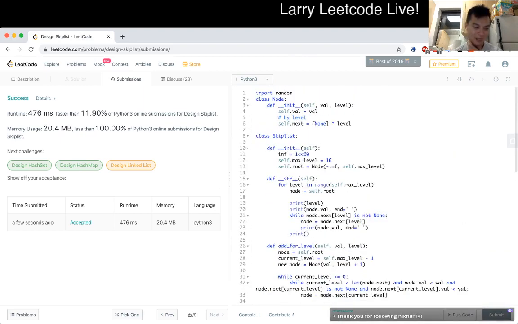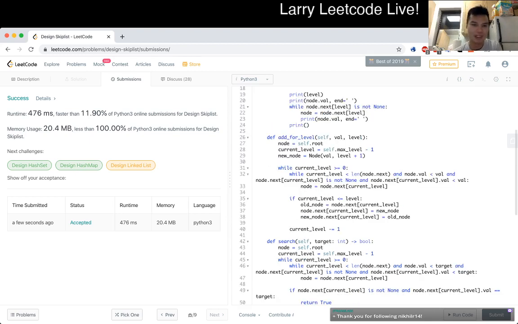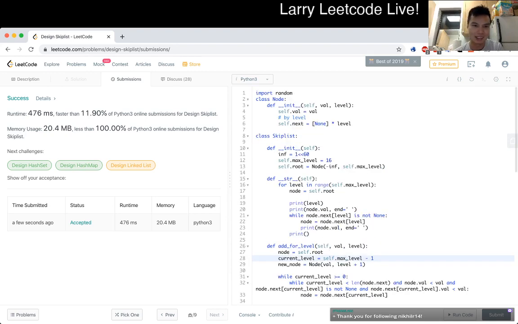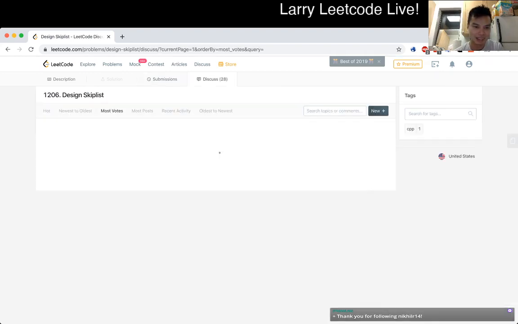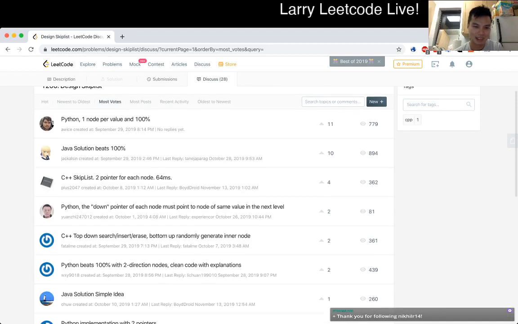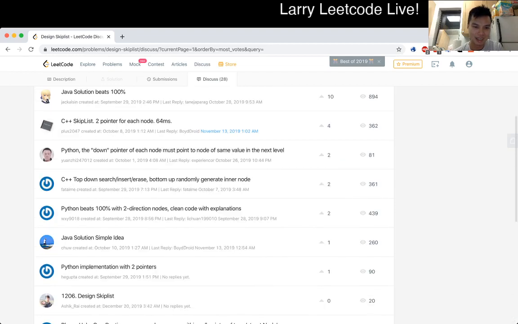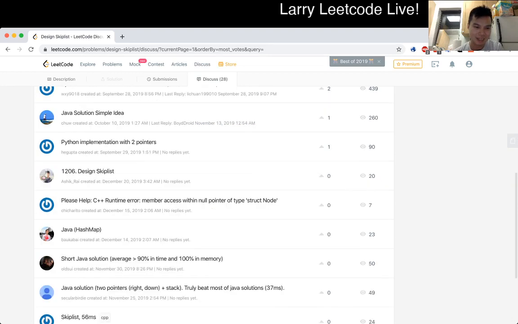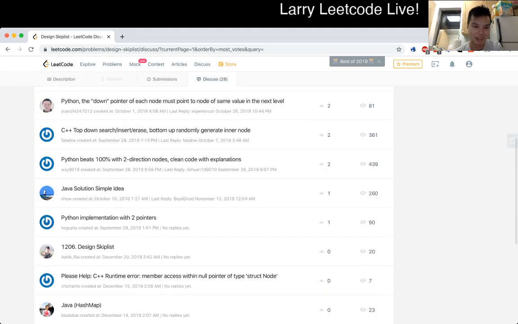I guess I could be slightly better about it, but for now I'm not going to worry about it. Maybe I'll look through the discussion. Let's look at the discussion and see if I feel like C++ is so much faster. Two direction nodes. It's weird. Maybe I'll take a look later. I don't think any of these change